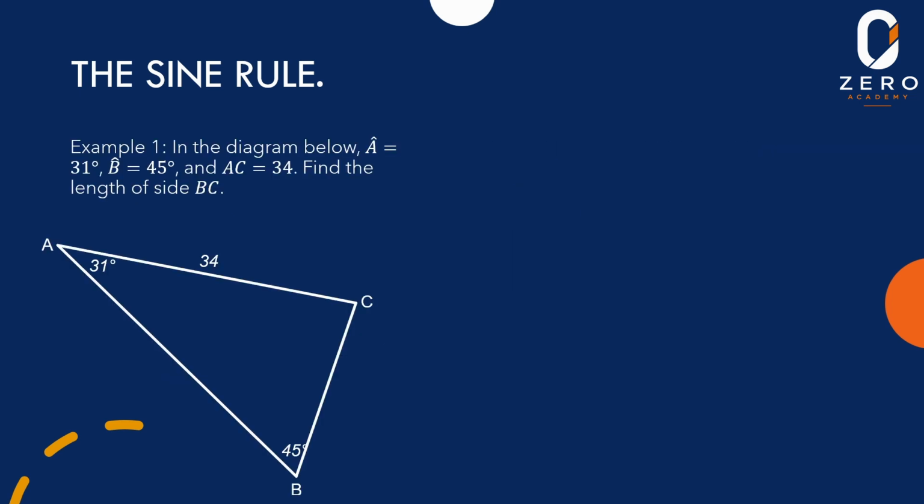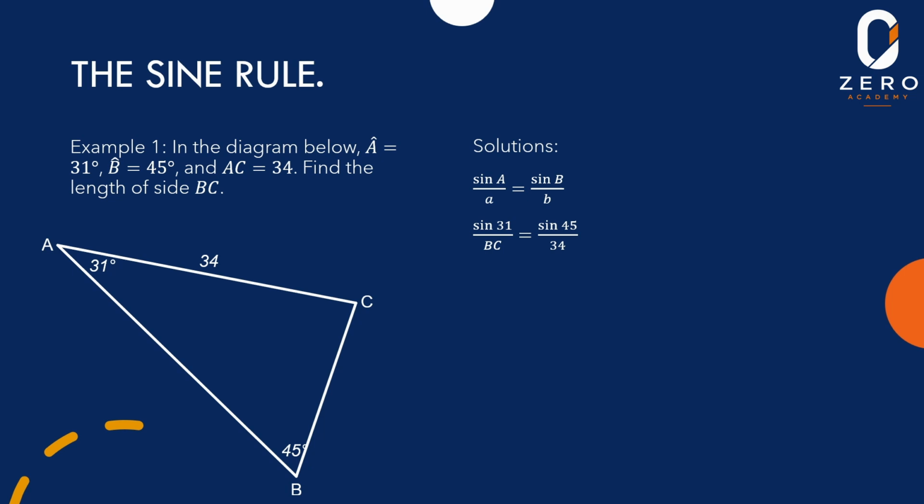Example 1. In the diagram below, angle A is equal to 31 degrees, angle B is equal to 45 degrees, and AC is equal to 34. Find the length of BC. I'm going to say sine of A over a is equal to sine B over b. Now substituting in my values, I will have sine of 31 over BC is equal to sine of 45 over 34,